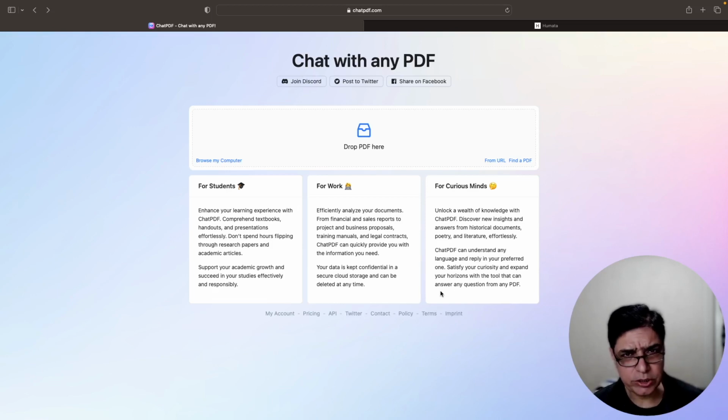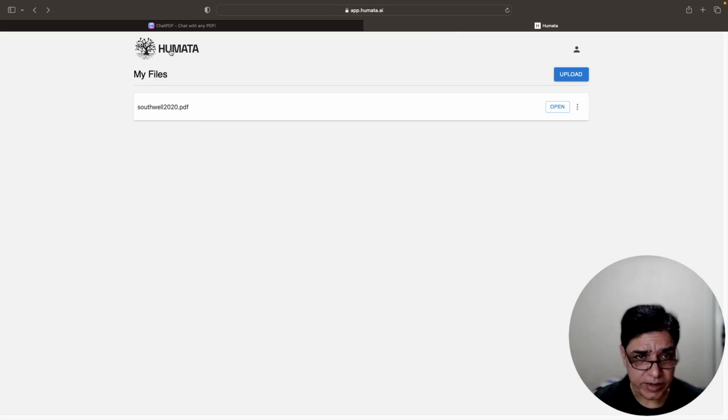Now here I would like to mention two services. One is Chatpdf. It is available at www.chatpdf.com, and the other one is known as Humata, and it is available on this website, app.humata.ai. So if you just go to your web browser, whichever you are using, Edge, Safari, Chrome, Firefox, whatever, just write chatpdf.com or app.humata.ai. You would be taken to these websites which are specifically made for reviewing research articles, medical